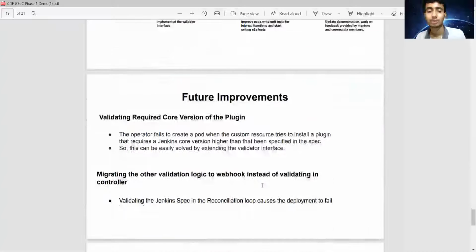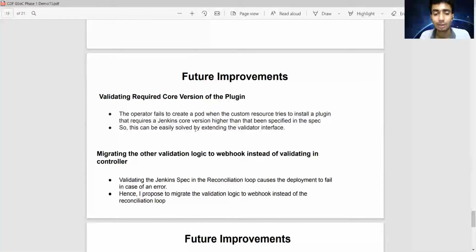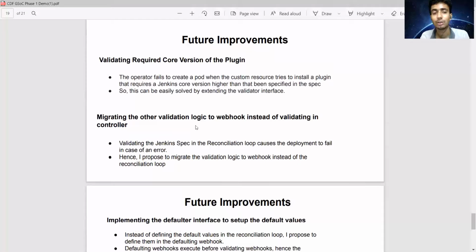So apart from just validating the security warnings, what we can do is use the validation webhook to implement all other sorts of validation as well. Right now I have some ideas. First is to check the required core version of the plugin, right?